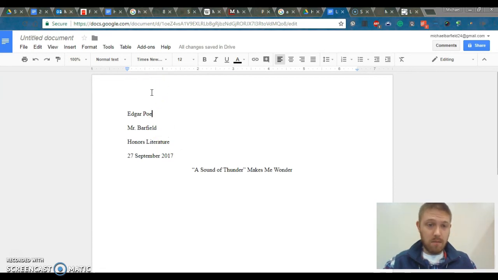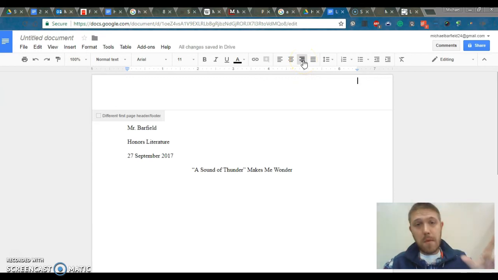Double click up here in the top margin on the right side. And that is your last name and the page number, and that should appear on every page. How we do the heading or the header, see, I get it mixed up too. Double click on the top margin, and go up here, right justify, enter, go down one space so it doesn't get cut off by the printer. Put your last name,